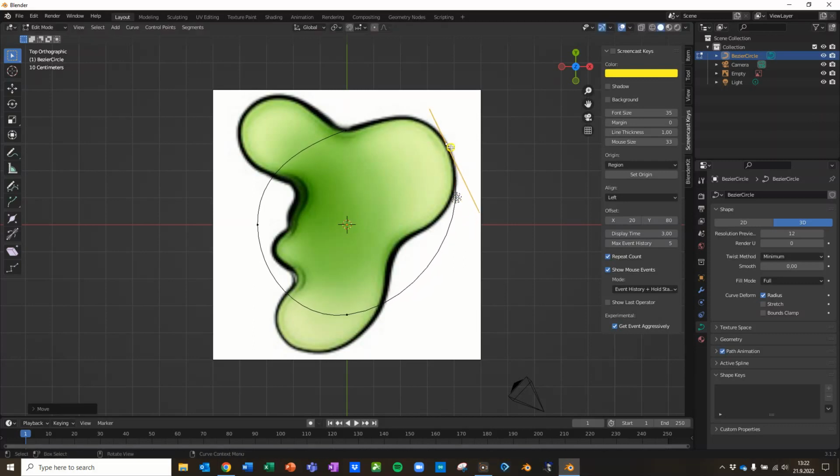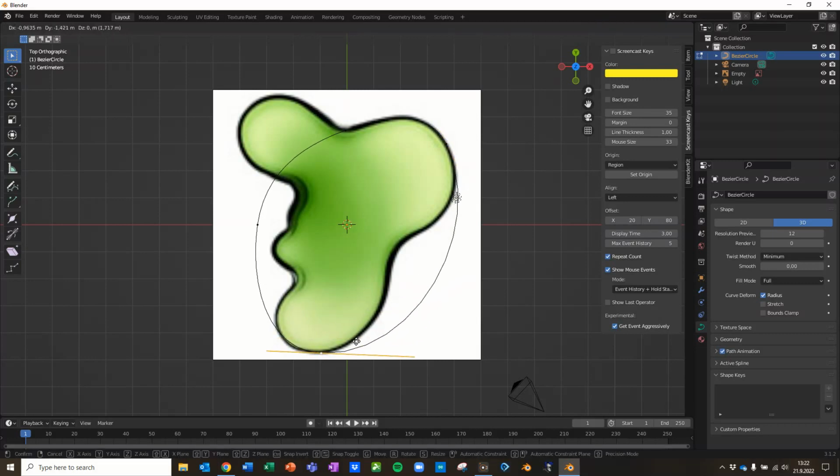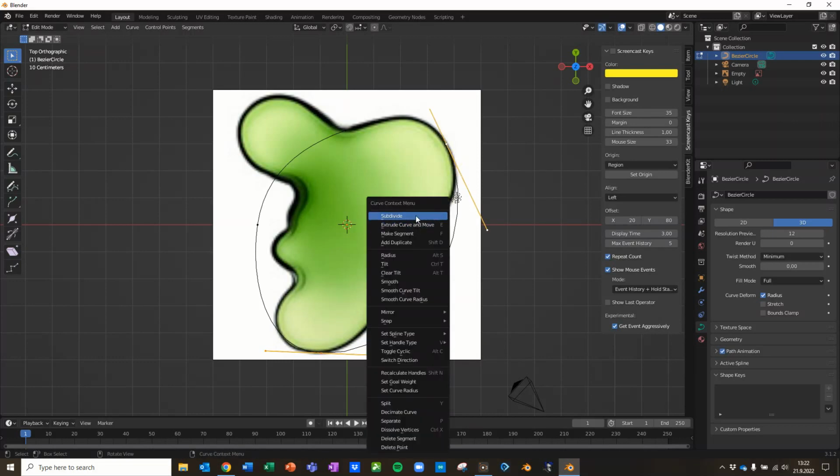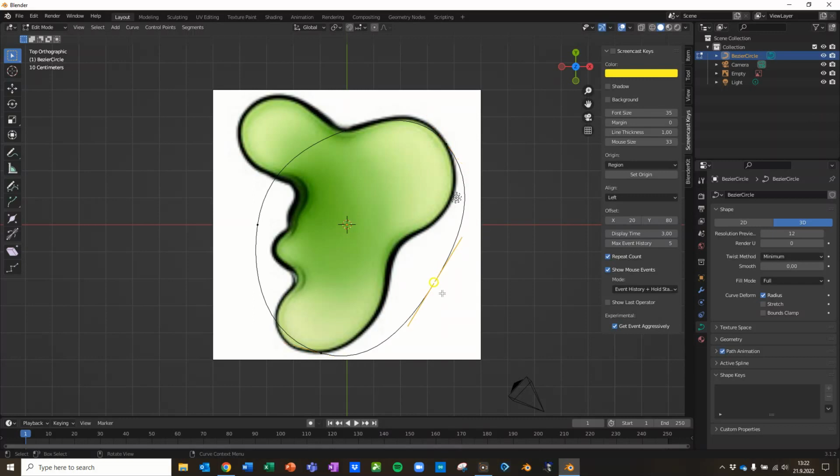As you can see, it's following the curve quite nicely, but in here I only have a couple of vertices, so this one wouldn't work. But if I select two of these vertices and right click and say subdivide, I get another vertex which I can move in here, and by rotating it and scaling it up and down,